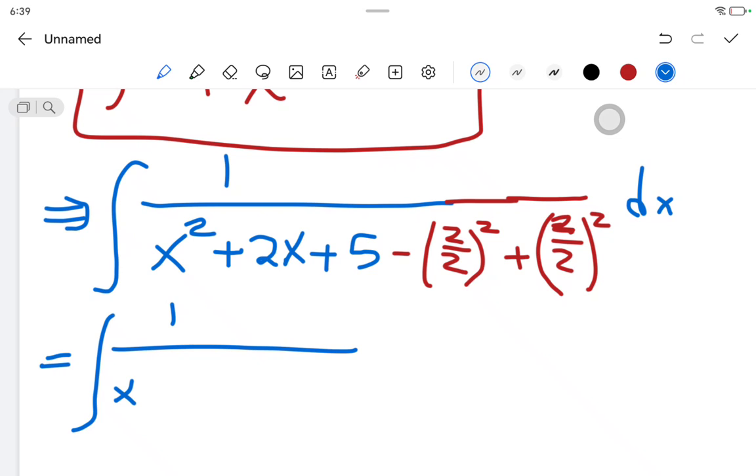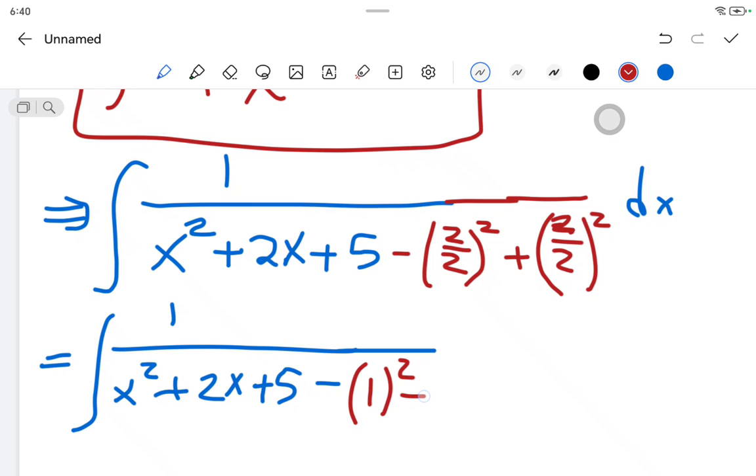Let me plug this in, I think it's running low. So this is going to be x squared plus 2x plus 5 minus